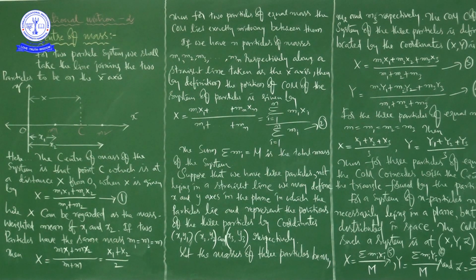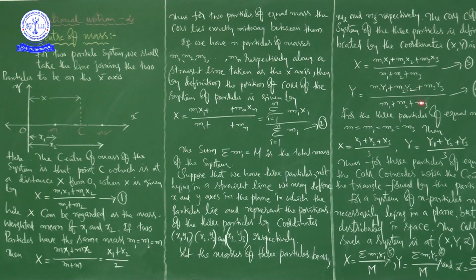So here, in the case of either x and y, the same thing you can write like this. Using the summation symbol, x is equal to sigma mi xi by M, and sigma mi yi by M, and sigma mi zi by M. Okay, so here these two, the particles are in a plane, no? The masses are in a plane, right?